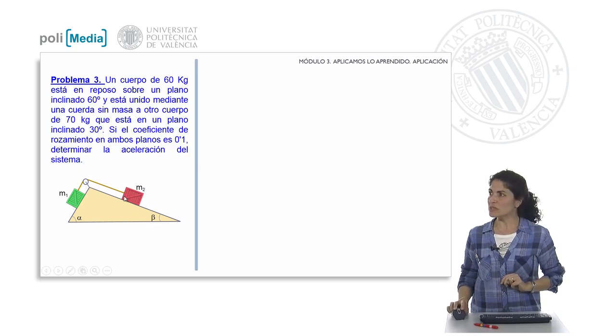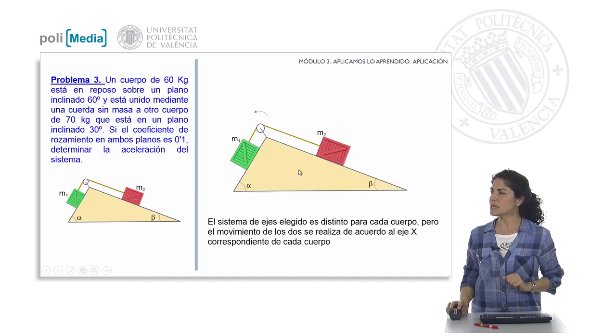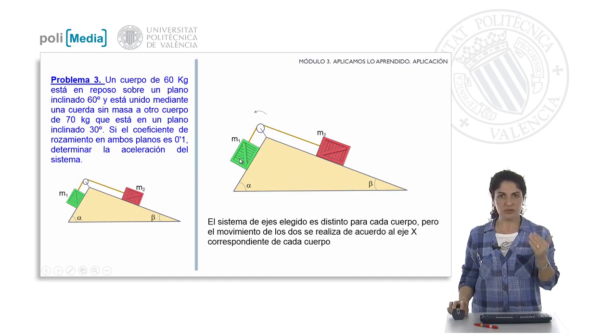The two bodies are now joined by this inextensible rope, we assume, since we are not told otherwise. And the coefficient of friction, both on this surface and on this surface, we are told is equal and of value 0.1. We will have to take into account, therefore, also the frictional forces, and it will be maximum since we have sliding. How are we going to carry out the approach of the problem? Always starting from a good scheme. We place the two bodies and assume a direction of motion to specify all the forces according to that direction of motion. Let's assume that this is the direction of motion to the left and begin to impose all the